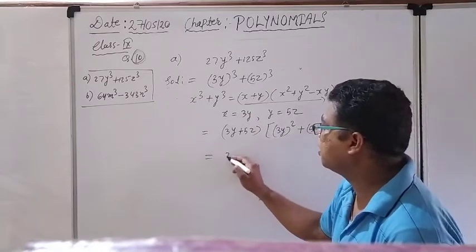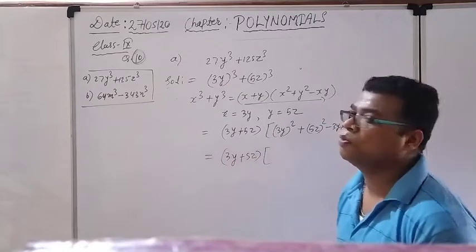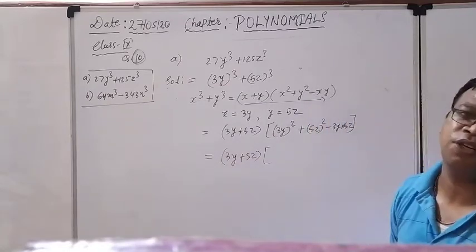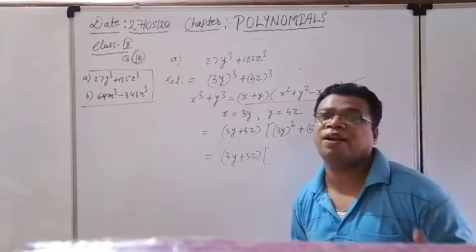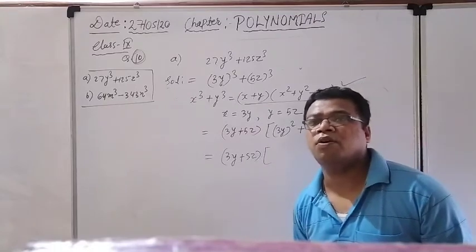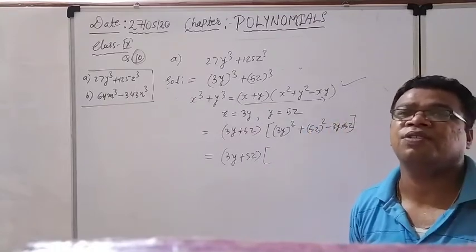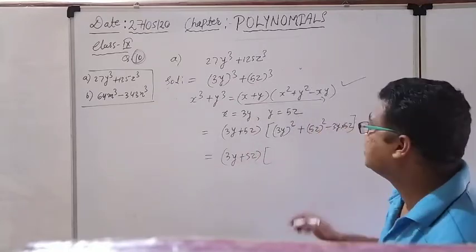Right now see what is the answer we are getting? 3y plus 5z. Only you have to learn the formula. After that only you have to just substitute the values. Okay, the person who has learned this particular formula is never going to be confused. So learning is the best thing. And how can you learn all the formulas? The more you practice, solve different varieties of questions, so you may learn the formula easily.